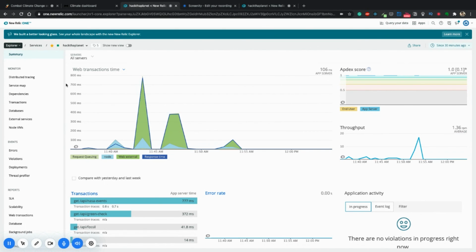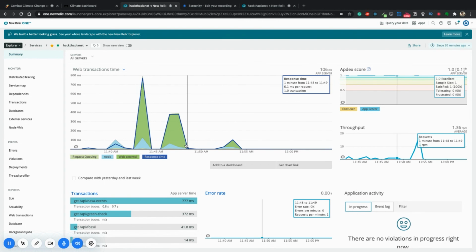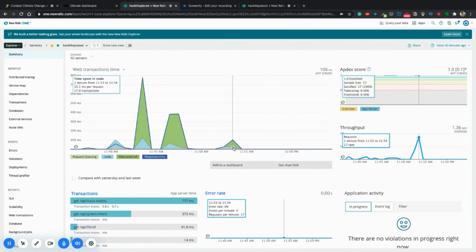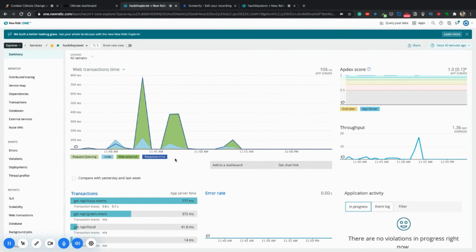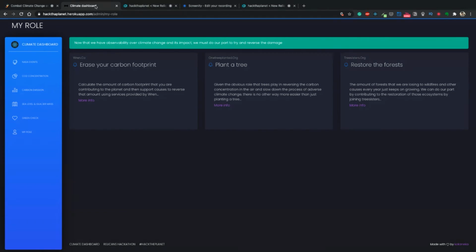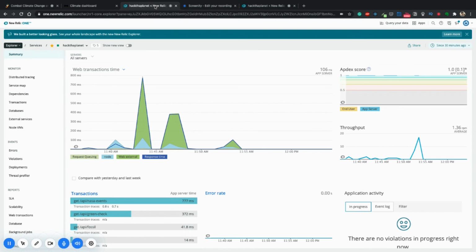And thanks a lot to New Relic for providing this level of fine-grained observability over the application with literally no effort on the side of the user or the developer. That's quite awesome. Loved working on this project, loved integrating New Relic into it. So that's about it. Thank you.